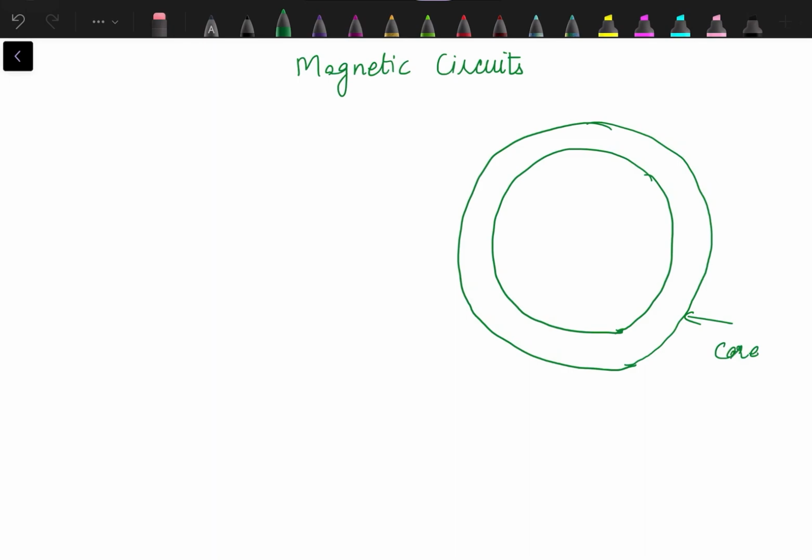It is known as the core. A coil is wound on this core which is having N number of turns. When we connect the supply across these two terminals, current I will start flowing in this